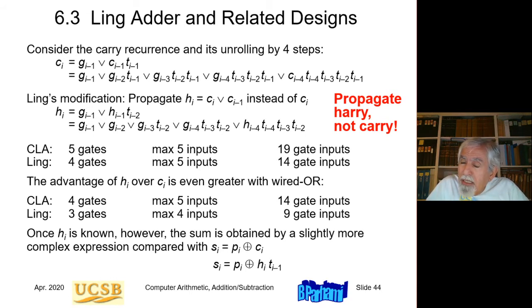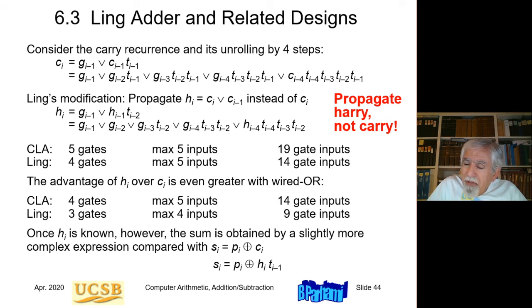And Hi is defined, if you see on the fourth line of the slide, Hi is basically the logical OR of Ci and Ci minus 1. So it's not Ci. We don't inform stage i what the carry into that stage is. We inform it what the logical OR of those two carries, Ci and Ci minus 1 is. And it turns out, and I leave it up to you to study this slide and understand what's going on, the recurrence for Hi